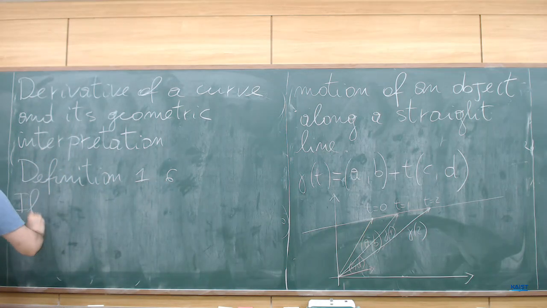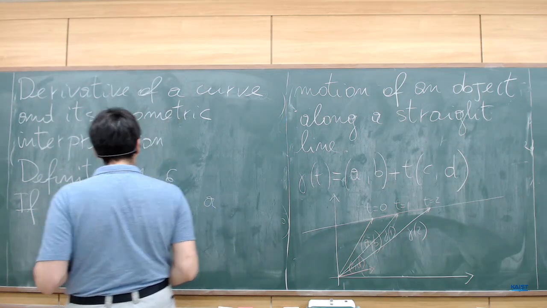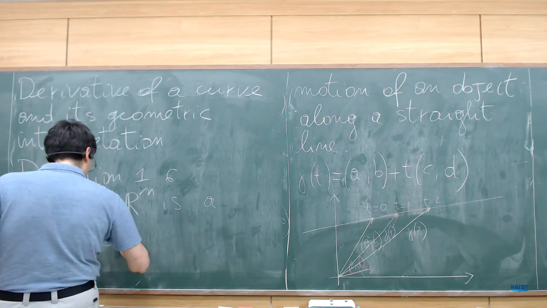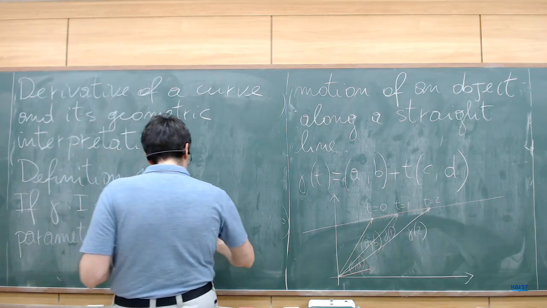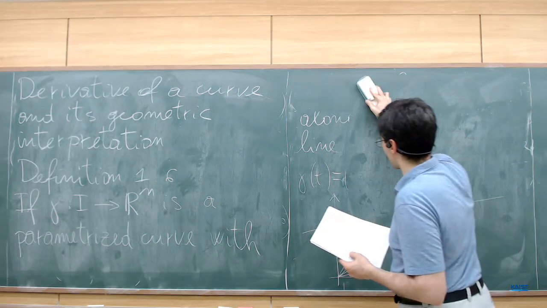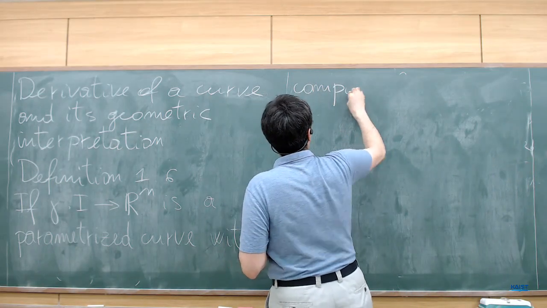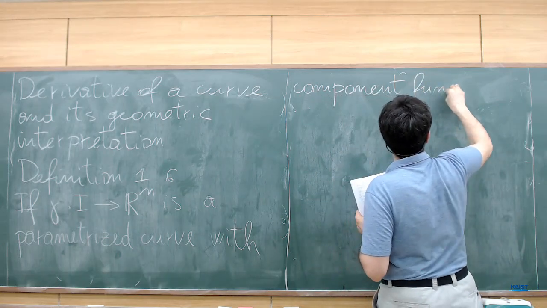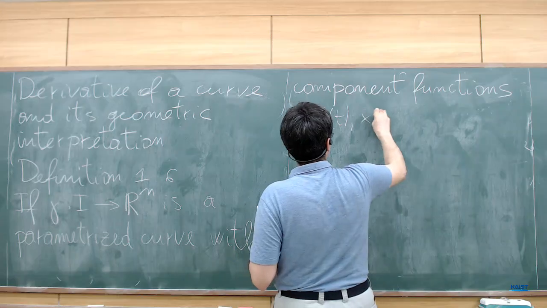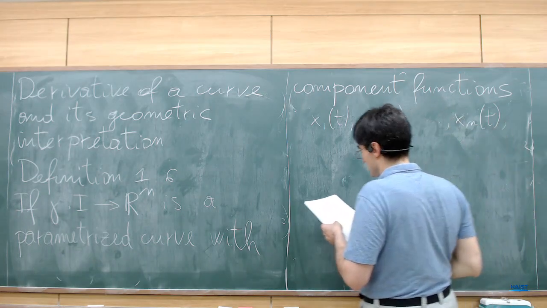If gamma from I with values in Rn is of course a parametrized curve with component functions x1 of t, x2 of t, xn of t, then